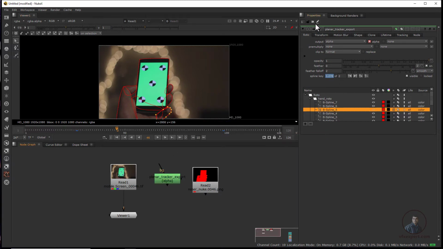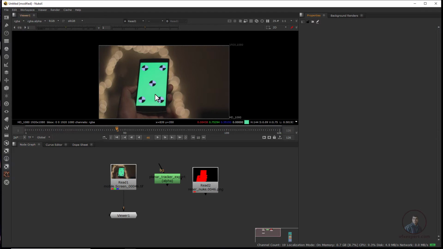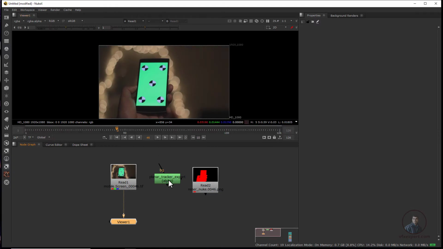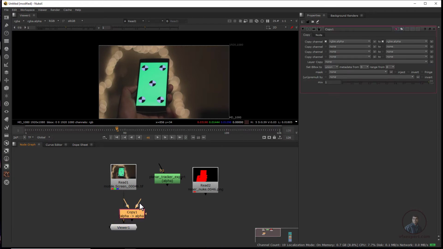Now just after this, clear here. Now I'm going to extract these areas a little bit, and I want to remove this background from here. So for this, select this one and press A. There is no alpha channel. Again press A. So first we have to copy this alpha channel into our original footage. For this, simply use K for the copy node. B means where you want to copy, A means from where you want to take the alpha channel.